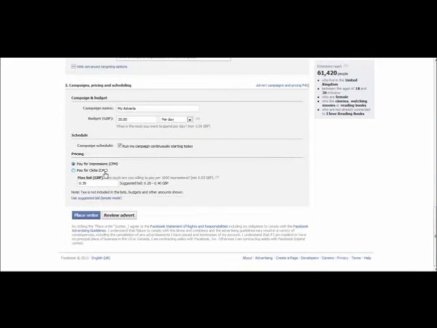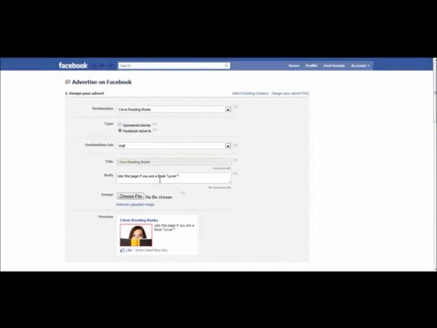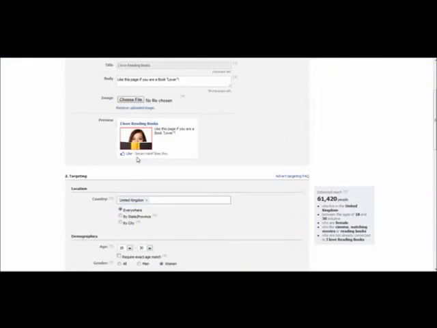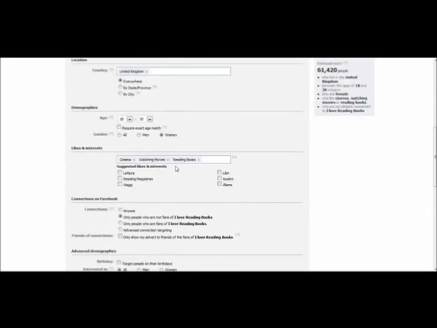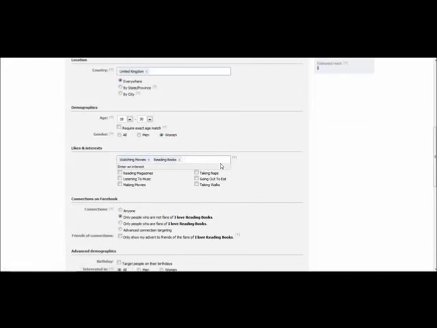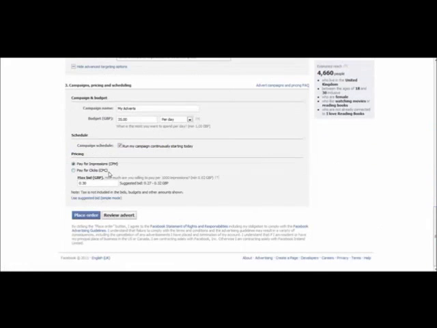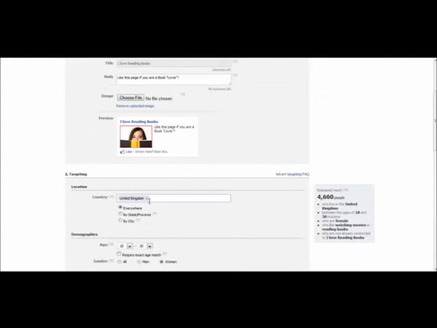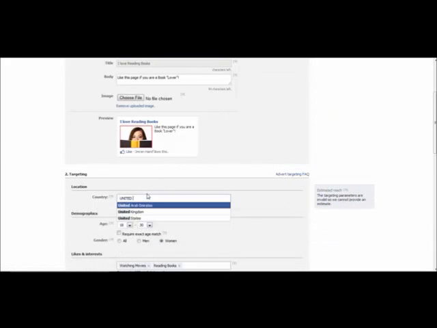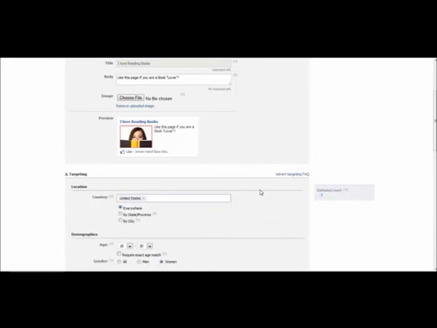And again, these impressions are pretty much the same because this is the UK market we're talking about. And what you can actually do is, let's just take this off. Still the same. Now the reason is some markets are going to be very competitive, so I'm just going to type in the United States for now.